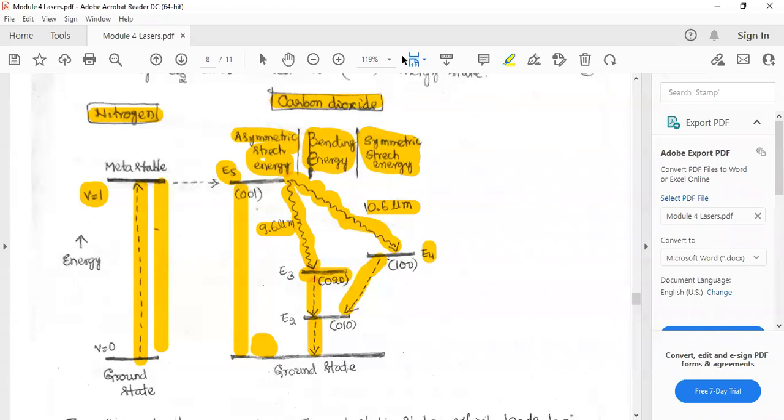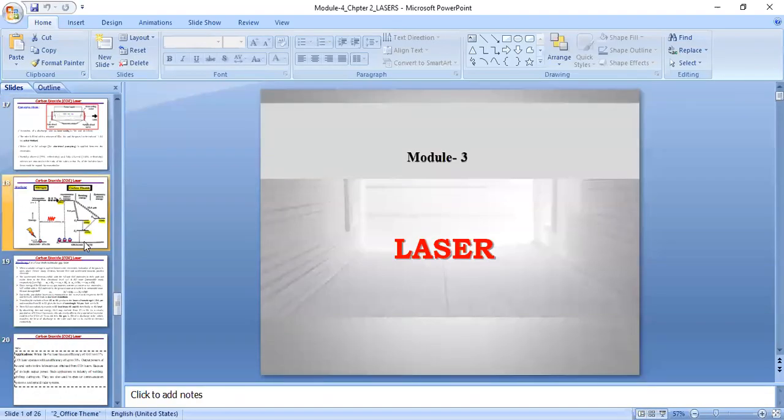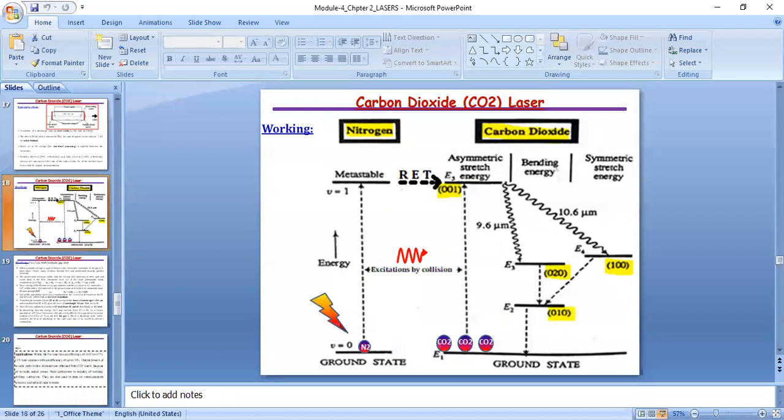Let me show you the PPT of this. That may help you to understand the concept in a better manner. Let me try this one. Are you able to see this? Please raise your hand if you are able to see this. Okay, Chinmay raised hand. Okay, let me play this animation.